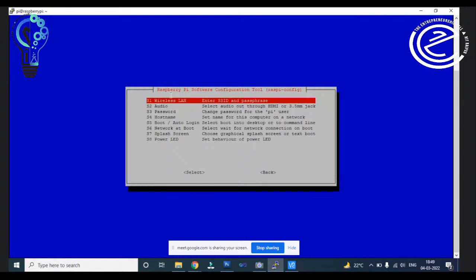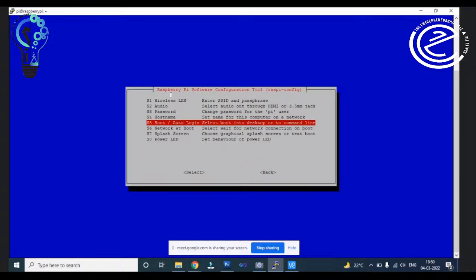Here you can see wireless, right? Then audio, password. You can change the password of your system from here. Then you have host name. Then you have boot option. You want command line or a desktop, right? So you can choose auto login with desktop or command line.